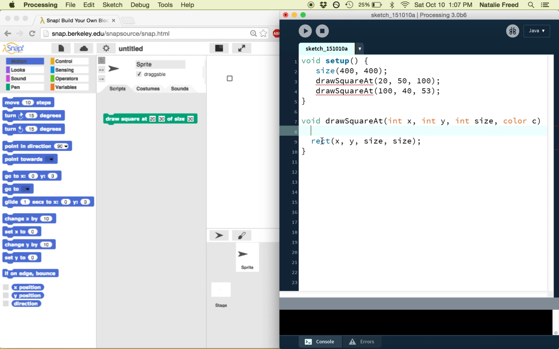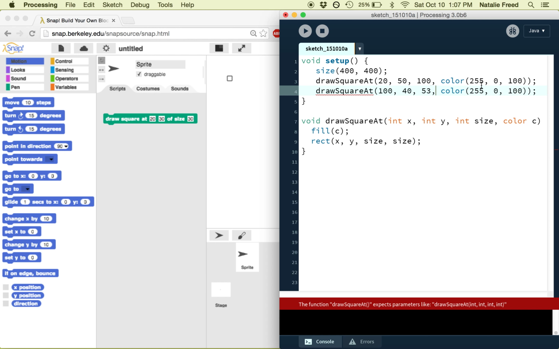So what if we want this rectangle to be of a different color for the fill? We can't do that in the rectangle command. We need to use another built-in processing function. So we'll do fill c. And now we're getting this error again because we're expecting a fourth int. Colors are actually ints, but it makes it really clear to use the data type color. And so we can pass in a color, and let's just say 255, 0, 100, and then maybe here we could do